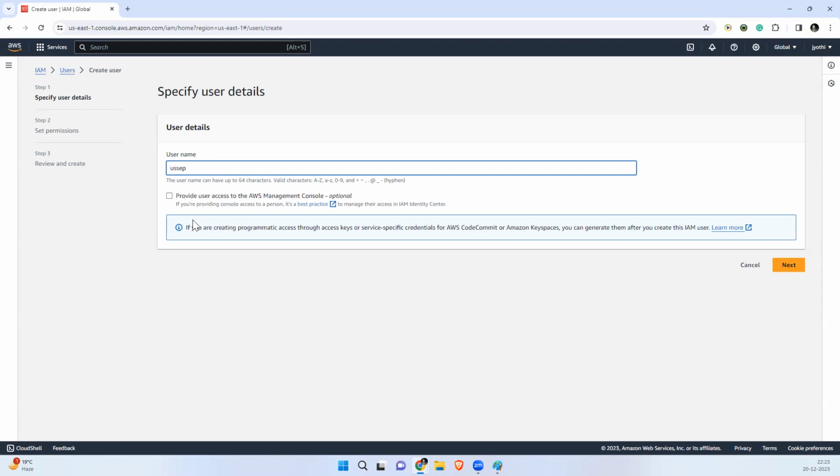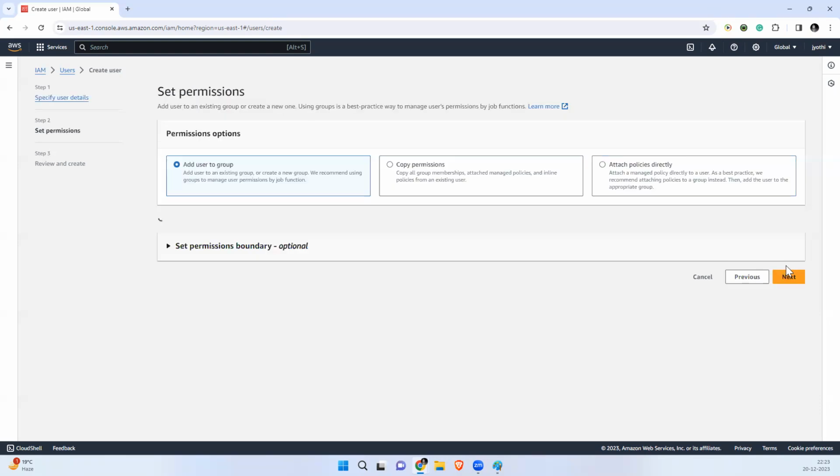Providing user access to the AWS Management Console is optional. The user name can have up to 64 characters, valid: A to Z, a to z, 0 to 9, and special characters.